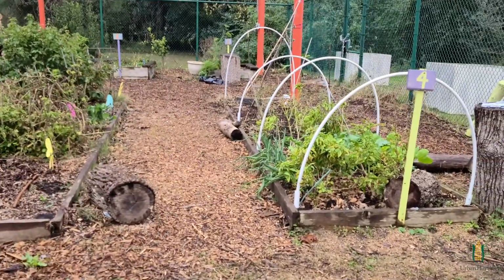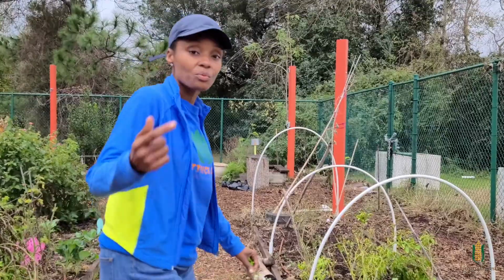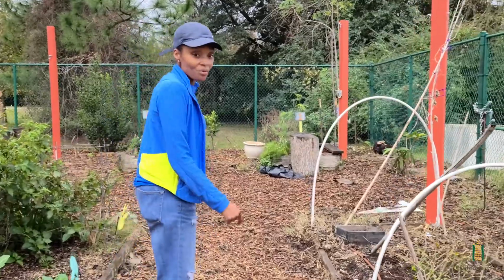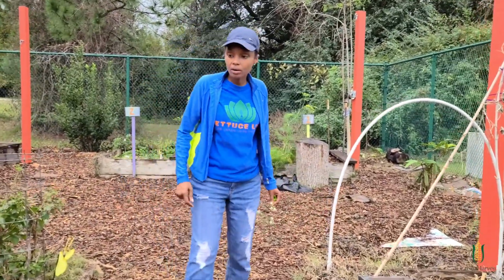Our herb gardens. Our herb garden is this way. I'll show you this. We have chocolate mint. Yum, yum, yum. We have mojito mint. We have some dill over here. We're trying some new herbs. We have some yarrow,